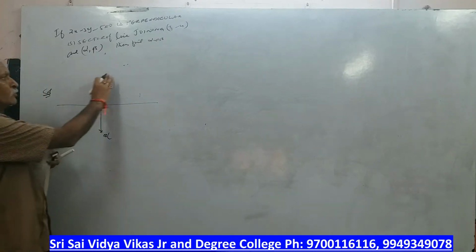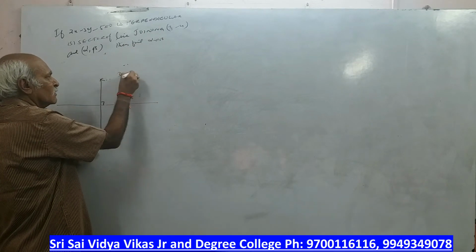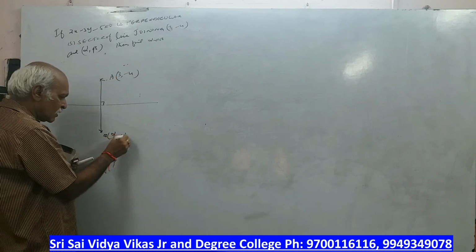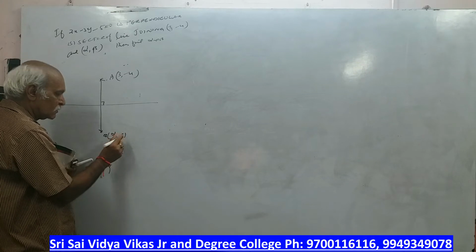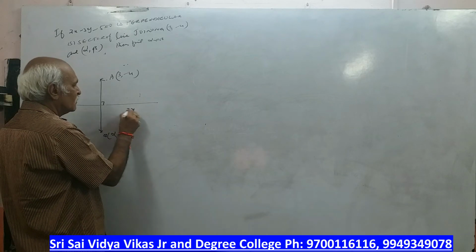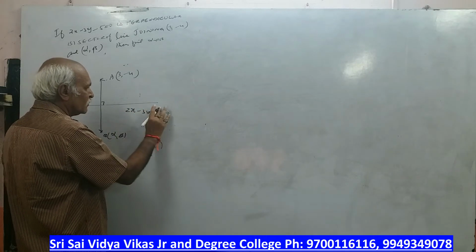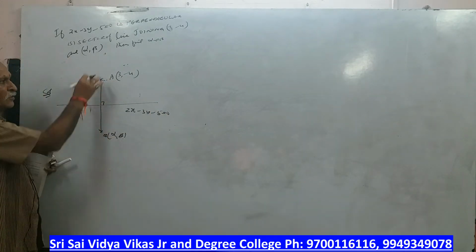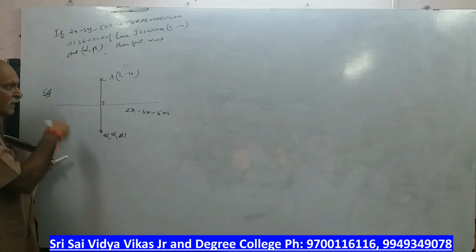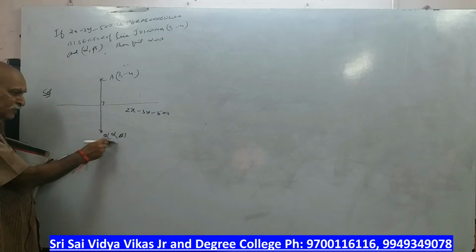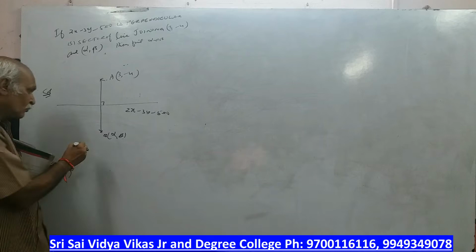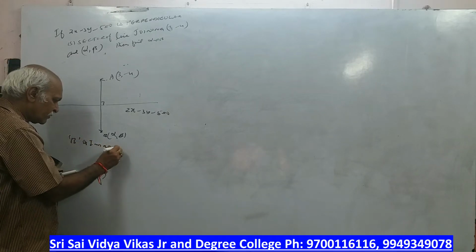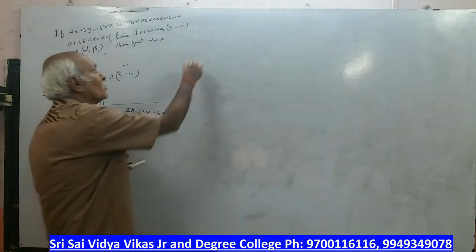Okay, so this point here is given, you call it A, and this B point is alpha comma beta, and the line equation is 2x minus 3y minus 5 equals 0. So A point, B point. Again it is a perpendicular bisector, again it is an image, means instead of h comma k you take alpha comma beta. So B is the image of A. What is the formula?